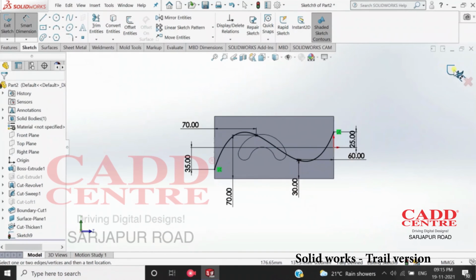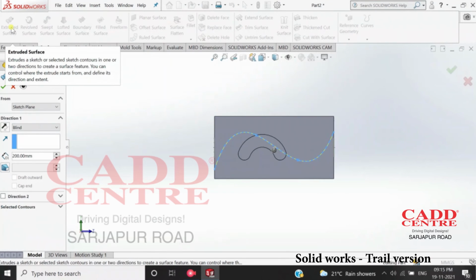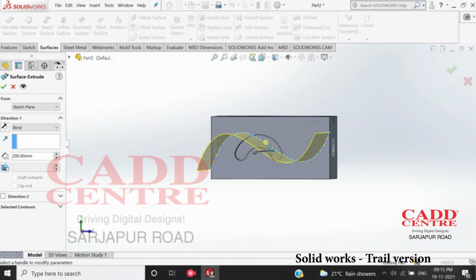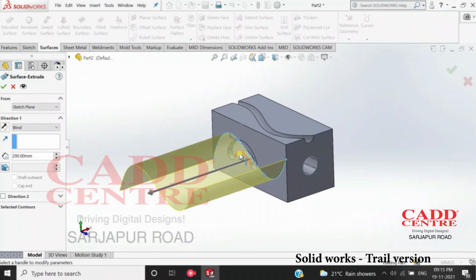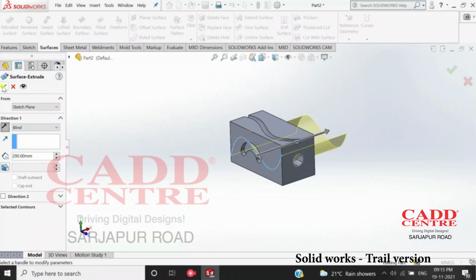Yeah, come out. Again create a surface. For it we use the extrude command. The surface will extrude about what? Perpendicularly to this plane.